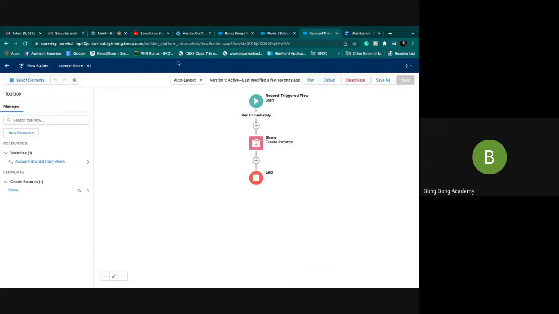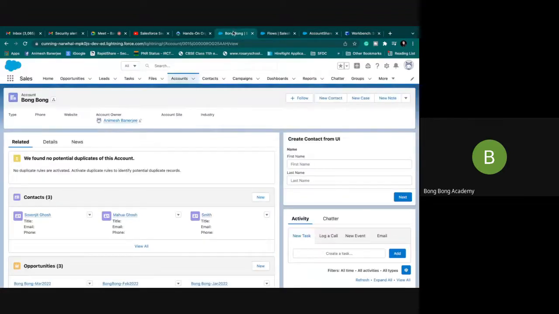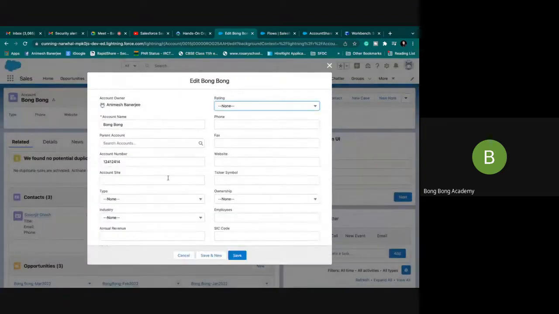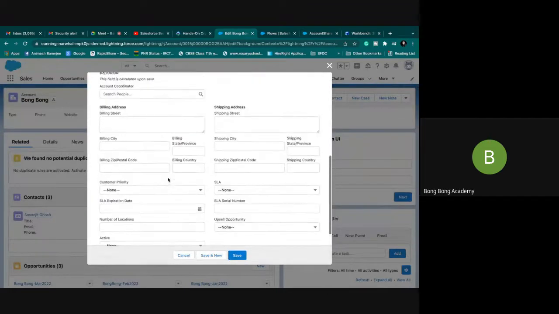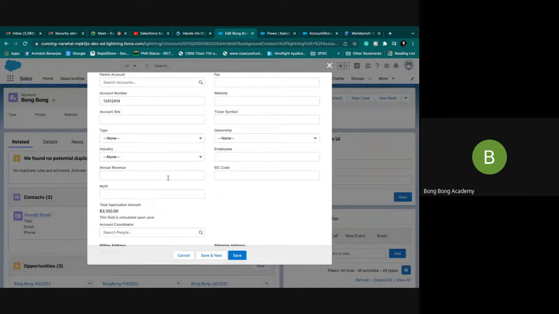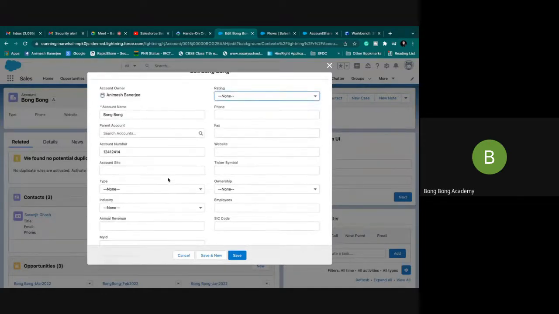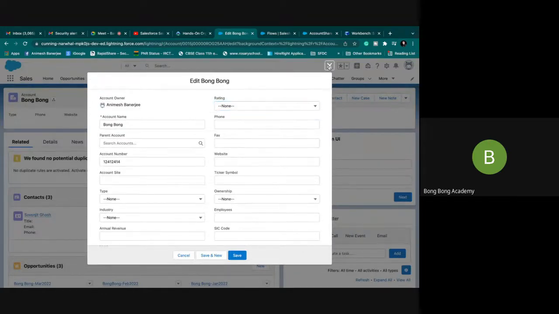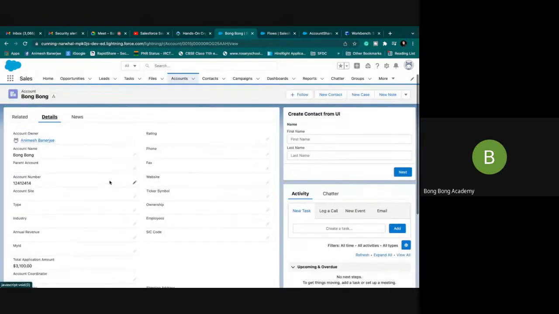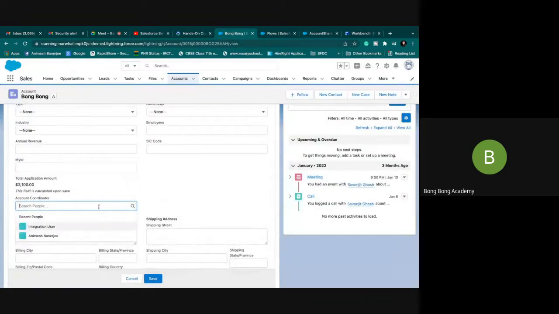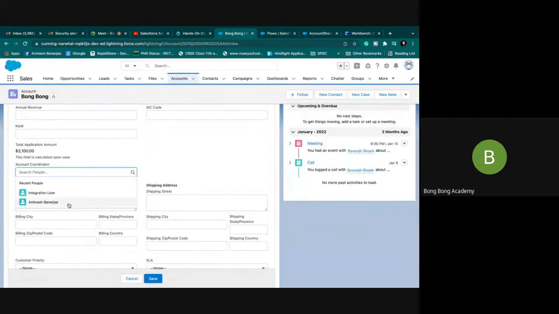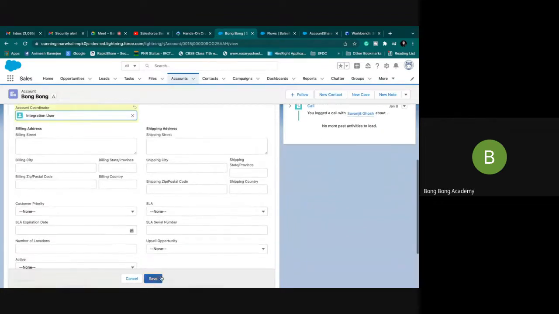So if I go and edit, is there an account coordinator here anywhere? Integration user, and let's take integration user and save it.